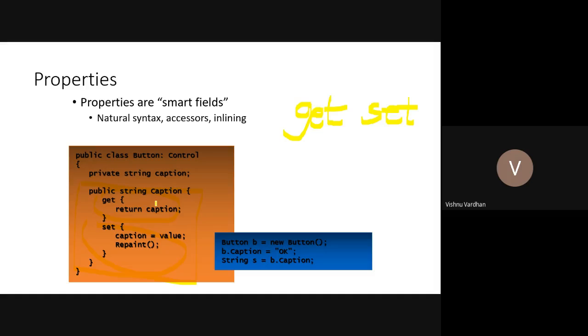So what is the advantage of taking properties? Properties ensure that they are working like smart fields. Suppose you are going to declare a variable integer age, where you generally expect that age is going to be defined from 1 to 100 only. Normally the age cannot be more than 100.